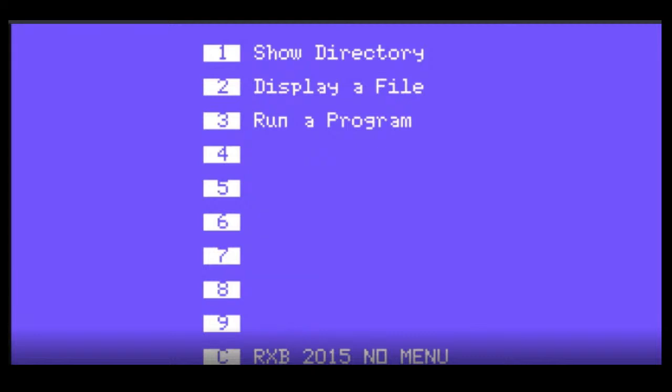But what we're going to do here is press number 1 for show a directory, disk 1. Okay, load told us to read the docs first. So if you go down 1, here's valdoc1. You see it's a type DV size 80. And in the TI world, that means it's a text file.